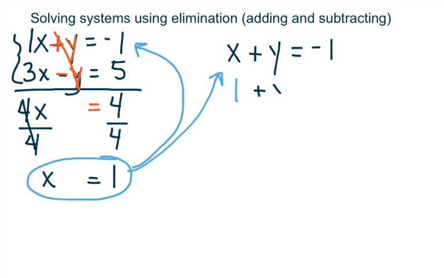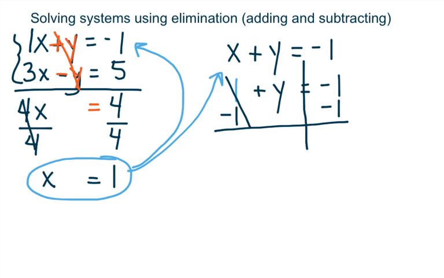And then I have 1 plus y equals -1. So I can solve for y now. I subtract 1 from each side. Make sure you know your rules. 1 minus 1 is 0. Then we're left with y equals, and -1 plus -1 is -2, which means my solution,